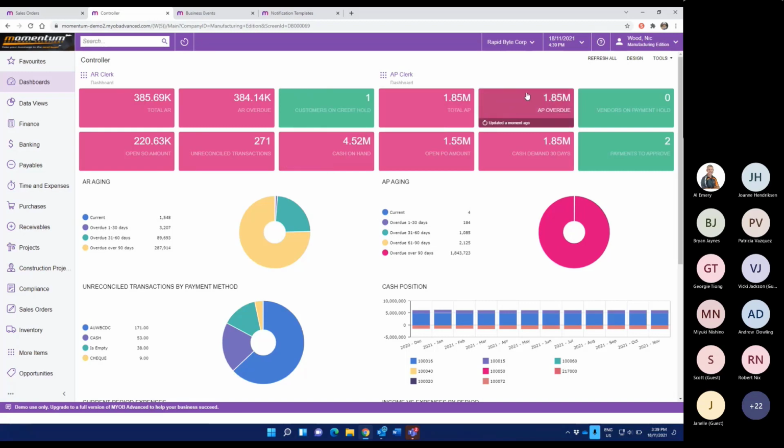Each of these dashboards can also be assigned different roles to allow access. Obviously, the data behind these can be further restricted to who can access it, but we can say only the financial controller or the administrator role can access this controller dashboard, for example. And the same thing for a manufacturing or production dashboard.